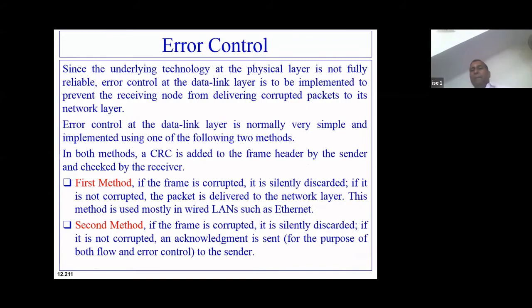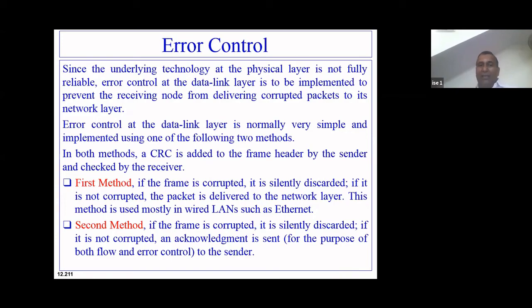In the first method, if the frame is corrupted, that is, the calculated CRC is not exactly the same as the CRC received along with the frame, then the receiver will silently drop the packet. It will simply discard the packet without informing anything to the source.